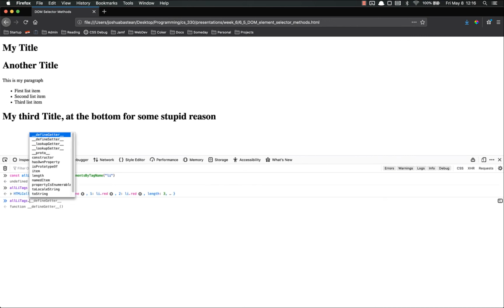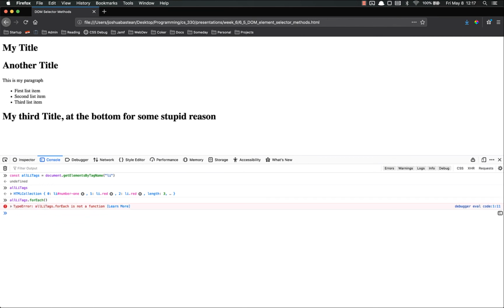If I try to do forEach, it's not a function. There is no forEach on an HTML collection. However, I can do const myLIs equals Array.from, and then you put in your allLiTags. You put in your HTML collection. And now I have an array, myLIs, and I can do